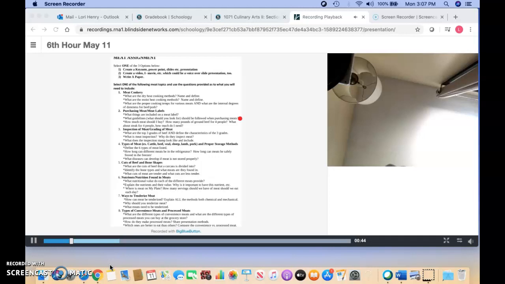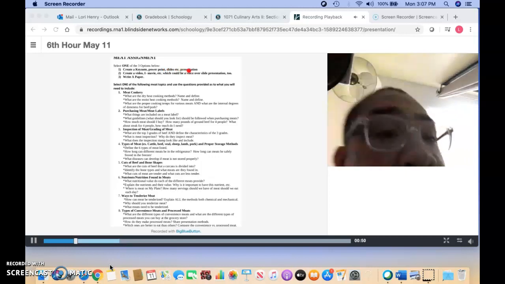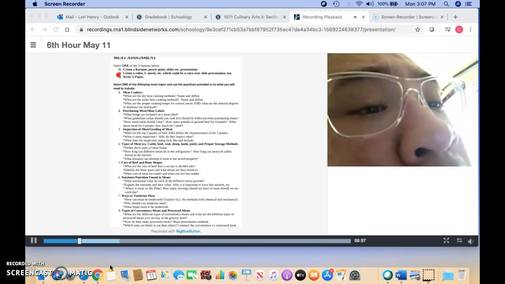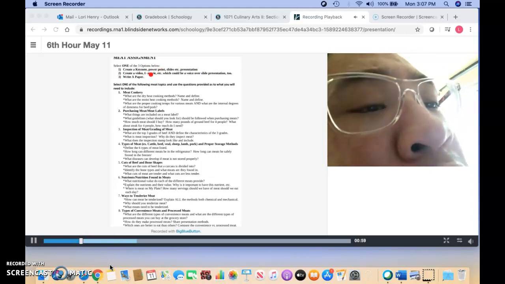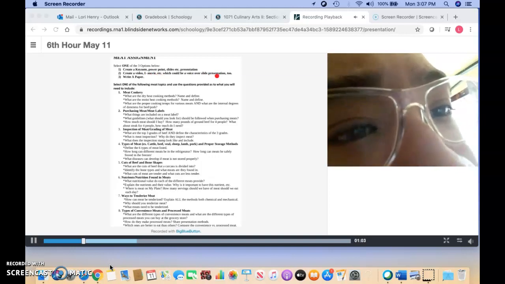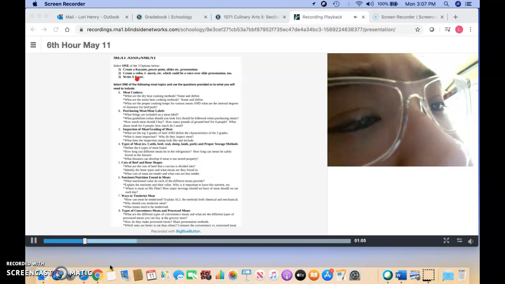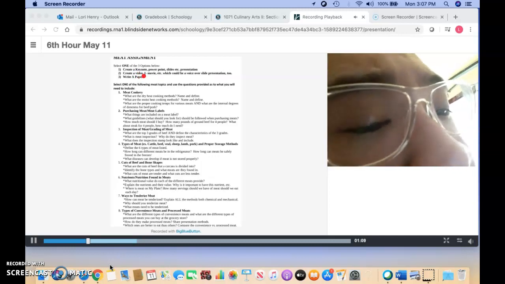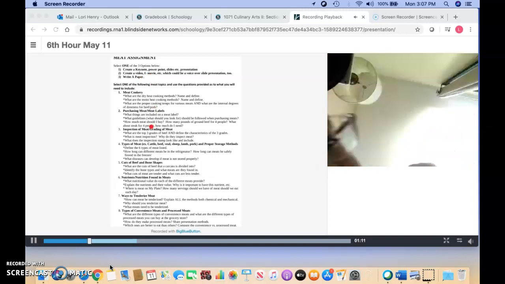So what you do is you're picking one of these three options. You could do a keynote, a PowerPoint, or kind of a slide presentation. You could even do a Prezi, which is kind of a slideshow. Or two, you could create a video or an iMovie, or you could voice over slides and talk about the slides. Or three, you could write it out in a paper. So you do one of these three things, whichever one you would like to do, and then you pick one